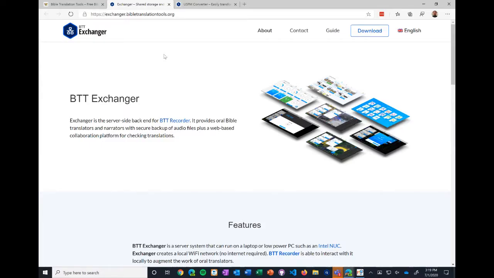I briefly wanted to talk about Exchanger. This is a project that we piloted with some of our partners in the field as well as Tech Advance. Essentially, if you can imagine a bunch of Android devices running Recorder, the ability to exchange files between them is not necessarily natural or easy to do. But we've mitigated that problem by offering, with a simple device here, this is just a mini PC,